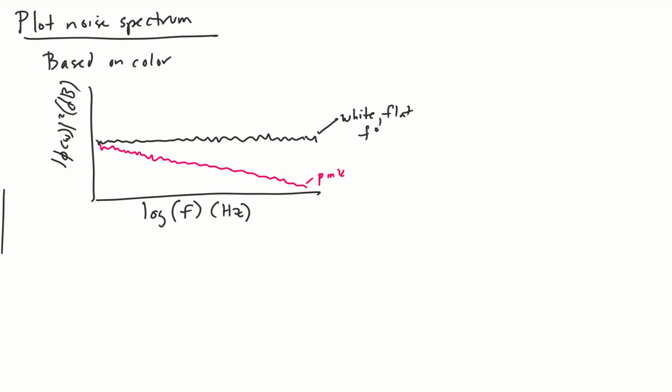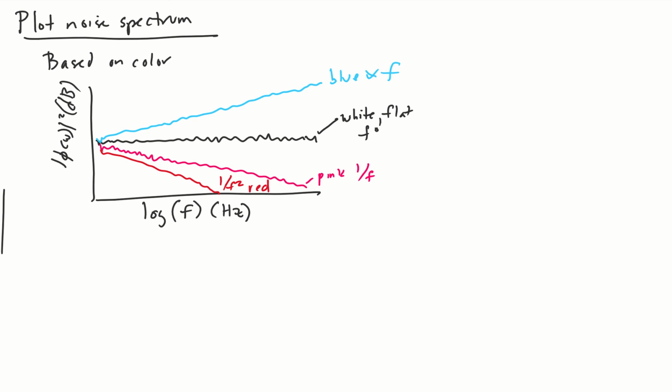Red, so this is 1 over F. Red noise is just more drastic, a steeper slope here. And actually, this would continue down, I'm cutting it off here. This would be 1 over F squared. This would be red. And then finally, with our blue noise, we'd actually see an increase as we increase the frequency over here with the same slope as the pink noise. This would be proportional to F.